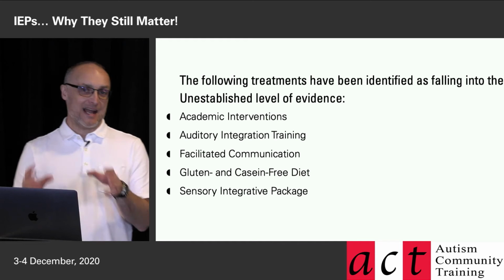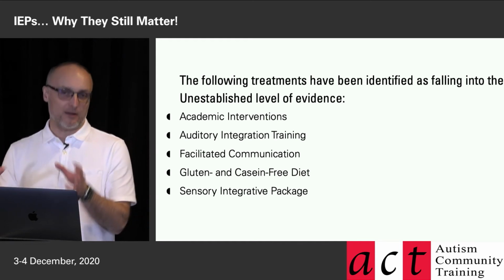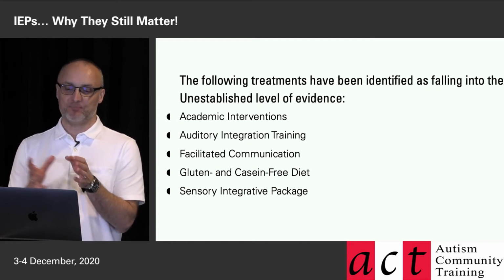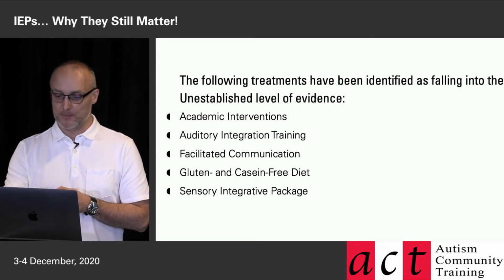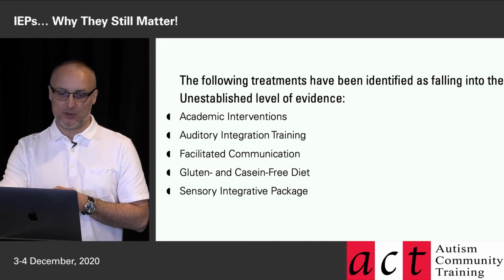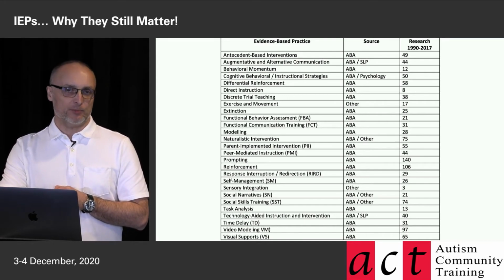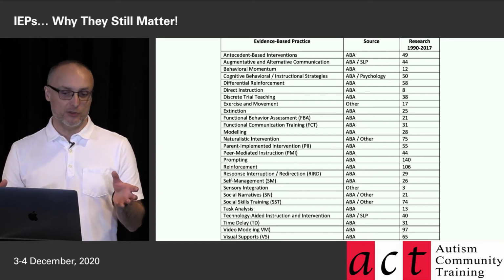So this is an example of a reputable source in the community where people have analyzed the literature, and you can go and look at it as a special educator or as a parent advocating for your child to recommend strategies at school. This is the other resource that I mentioned, the clearinghouse, and they've taken a different approach. They have a different set of standards, and as a result, they have different conclusions.